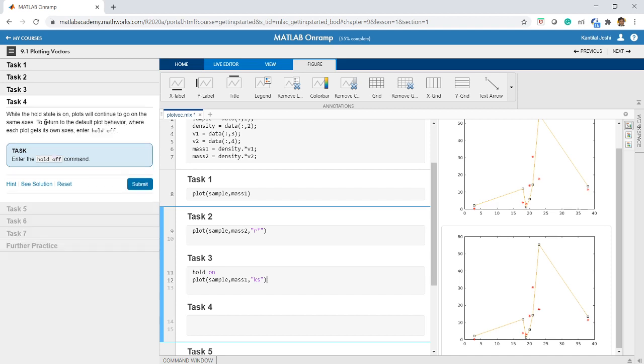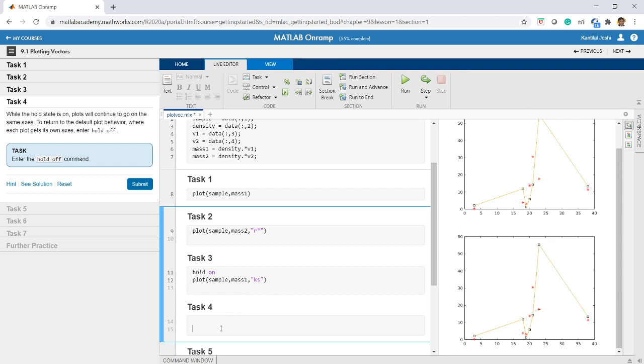As I was telling you, while the hold state is on, plots will continue to go on the same axis. To return to the default plot behavior, where each plot gets its own axis, we have to enter hold off. You see on the right side, all the graphs are showing on the same graph. Okay, so to remove this, I have to write hold off. I have to simply enter it.